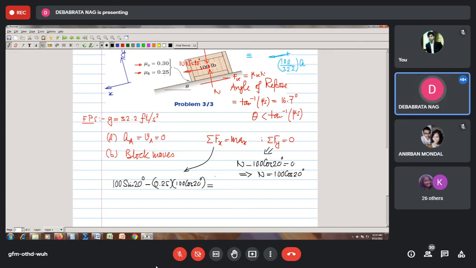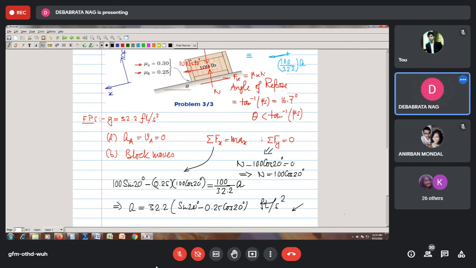This must be equal to 100 by 32.2 into the acceleration of block A. So I see therefore that acceleration of block A will be ultimately 32.2 into sine 20 degree minus 0.25 into cos 20 degree, so much of feet per second square will be the acceleration,